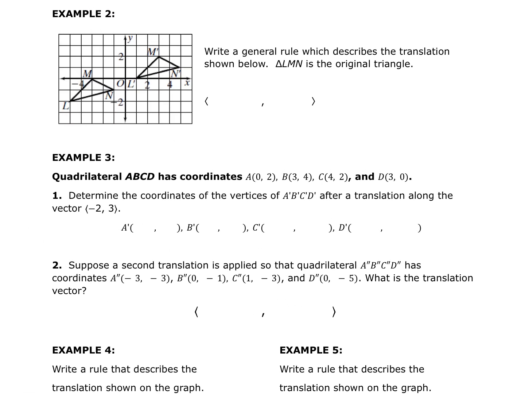So now, writing a general rule which describes the translation shown here. So we just got to look. We start at triangle LMN, and we're going to end at triangle L prime, M prime, N prime. Okay? So if we just take any of those points, we just got to try to figure out what happened to move that. So if we go look at N, point N, to go to N prime, we